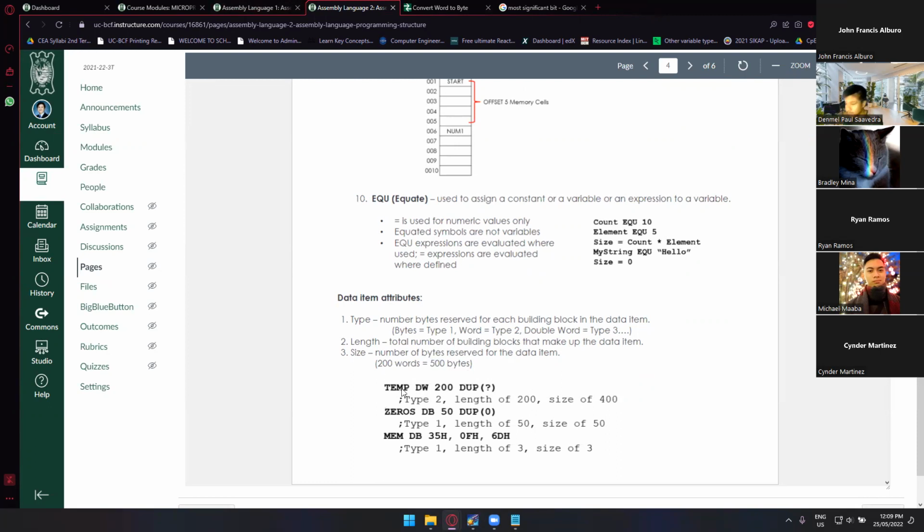So we have some examples right here. Variable temp, define word, 200 duplicate, and you don't know the value yet. So the type of this one is define word, not double word, my bad. Apologies regarding that one. So this is the